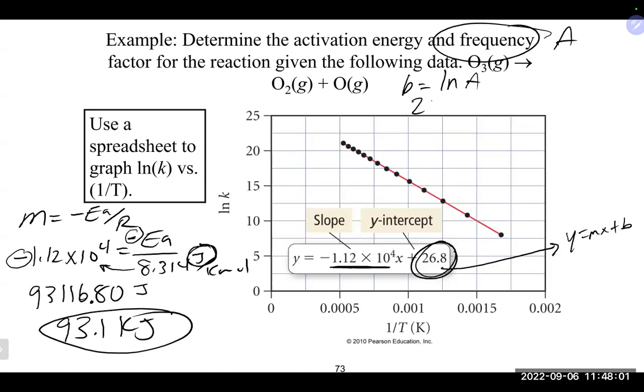So that would give us 26.8 is equal to the natural log of A. To get rid of the natural log, once again, we're going to e both sides there. And when you do that, the natural log goes away and we end up with